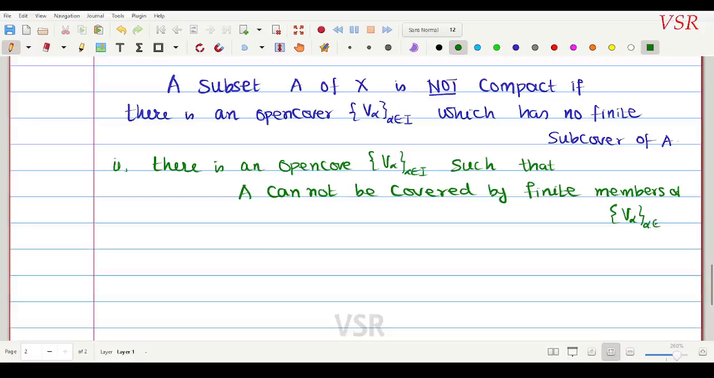There is no finite subcover, that is, A cannot be covered by finitely many members of V alpha. This is very important, so look carefully at these two statements. In another way of saying it, there exists an open cover V alpha, where alpha belongs to some index set I, such that